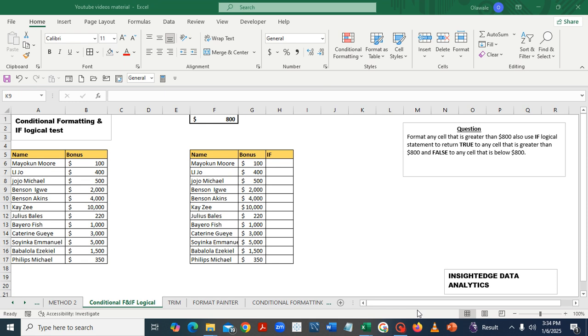Now, last year I did a video on conditional formatting and format painter. Today we'll look at conditional formatting and if logical statements. At the end of this tutorial, you'll be able to see the correlation between conditional formatting and if logical statements. The first thing we want to do is use conditional formatting